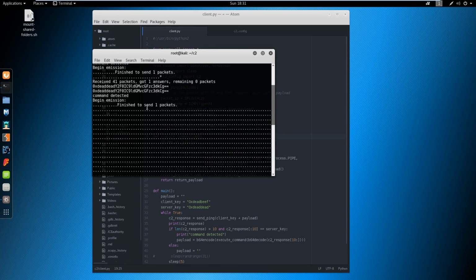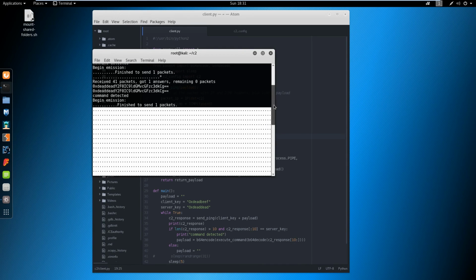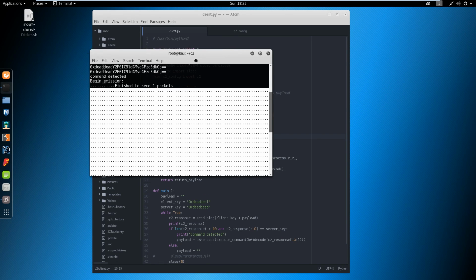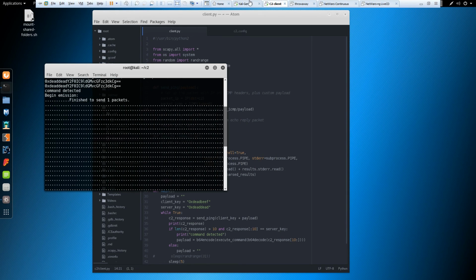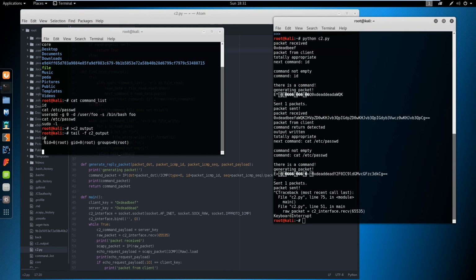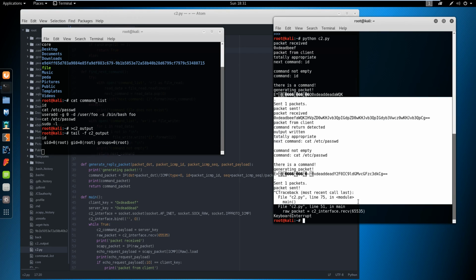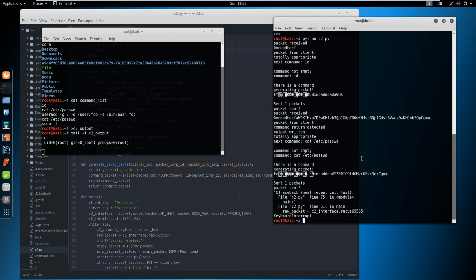Yeah, it sent the packet and it just sits here and waits forever, because we use that sendrecv, the send-receive one. But yeah, so that's how it works. And as you can see, it's just ICMP packets. We issued an ID command. We got the ID back. So that's it for today. Again, another short